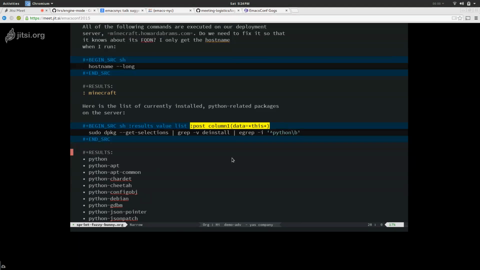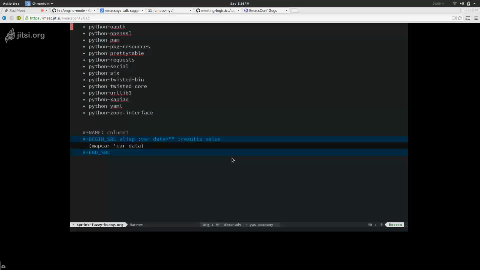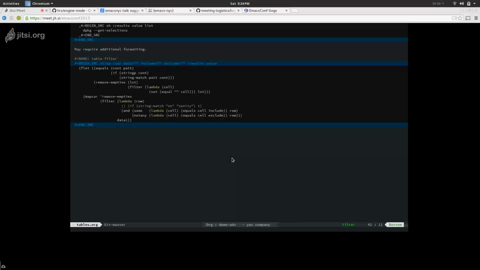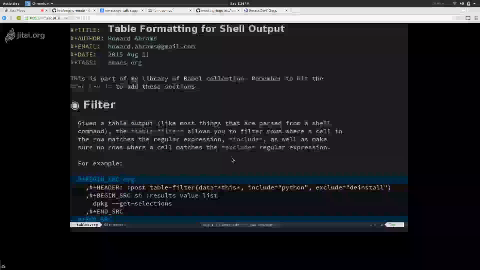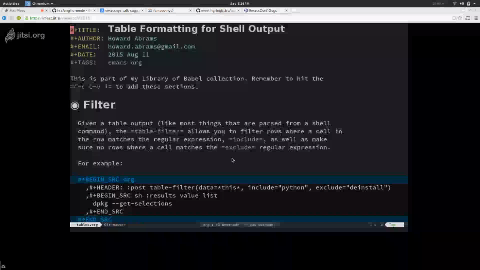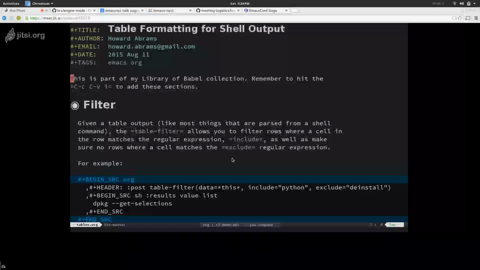I think that's pretty slick as well, especially when you do not have to have this code in your file. So you can actually have code blocks that help you with your Org mode file somewhere else. Let me load up one of them here. Oh, this is too small. Let me make that bigger. So here I have this file. This is part of my Tower of Babel project that I have for myself. You just run